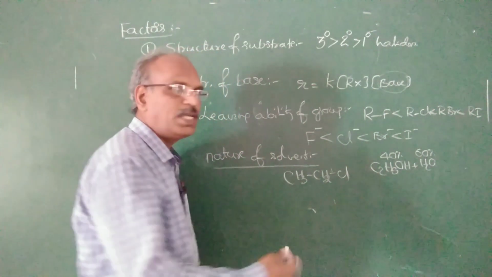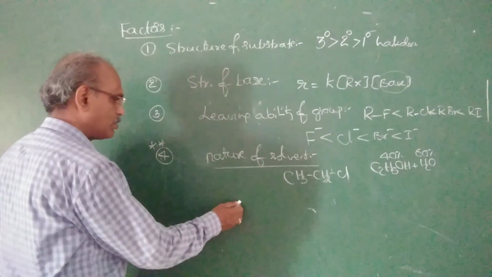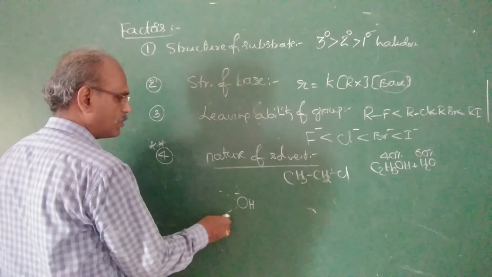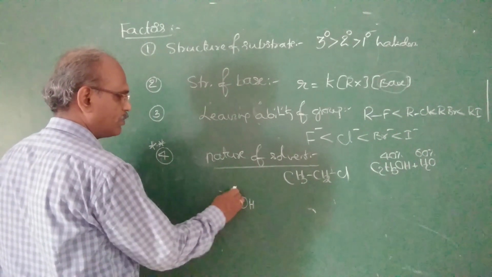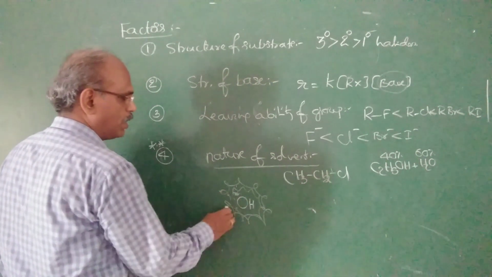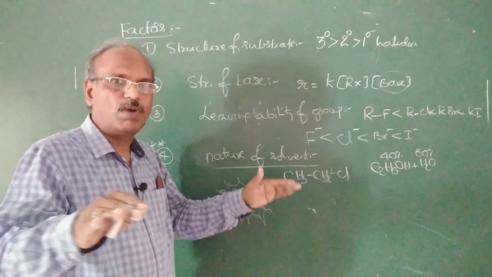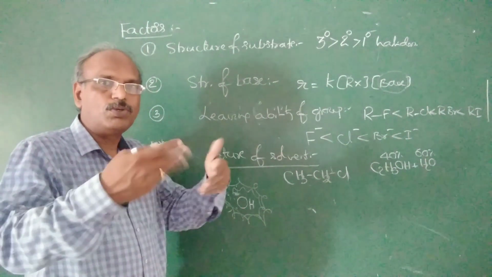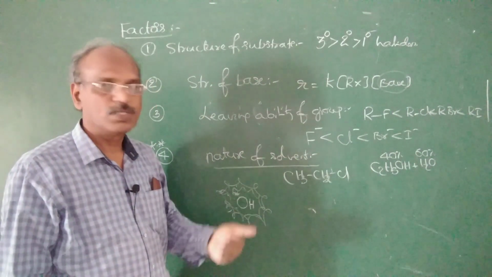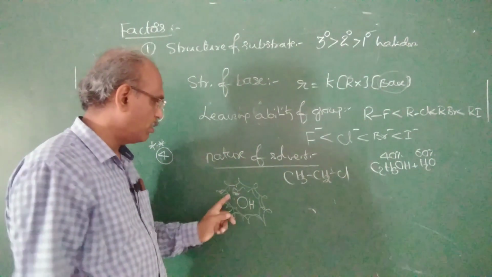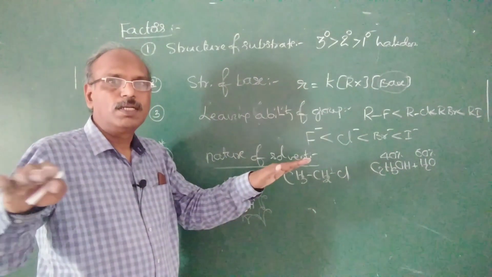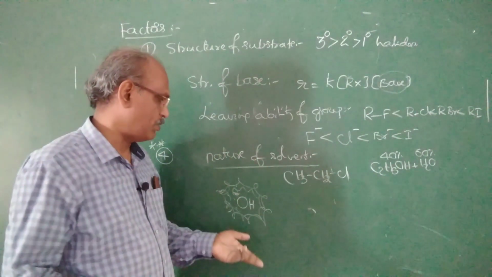If the polarity of solvent increases, see what happens. This charge is dispersed among the polar solvents. Because of dispersion of charge, if a charge is dispersed in more volume, that can act as a good nucleophile. That's why I minus is a good nucleophile, F minus is a strong base. If the polarization of an ion is more, its nucleophilicity increases.